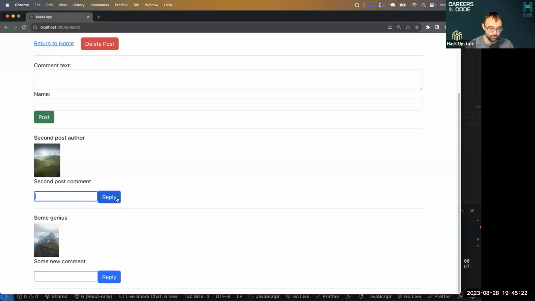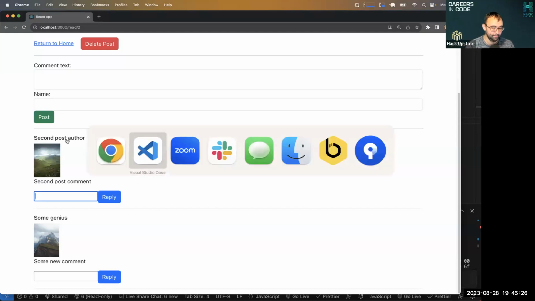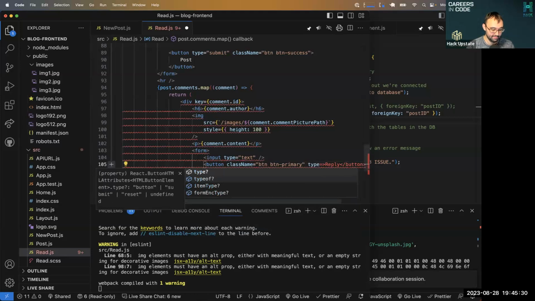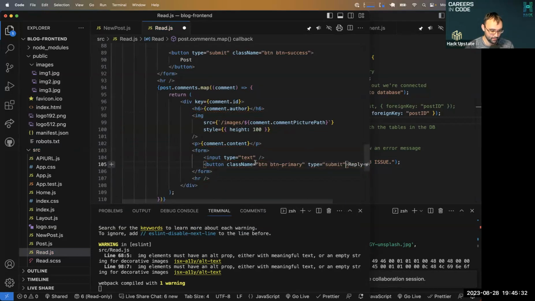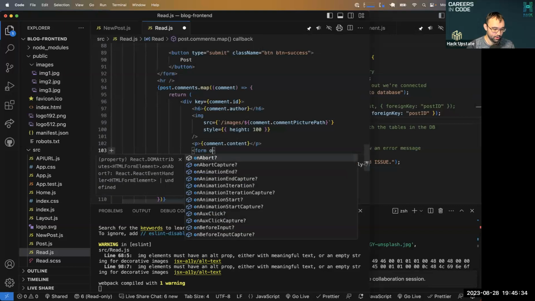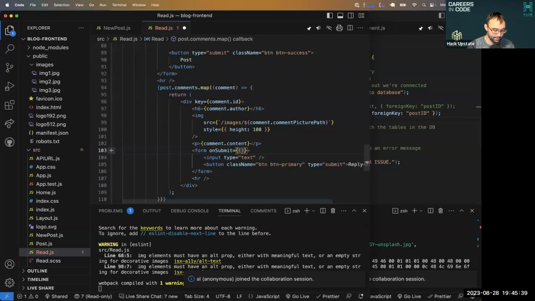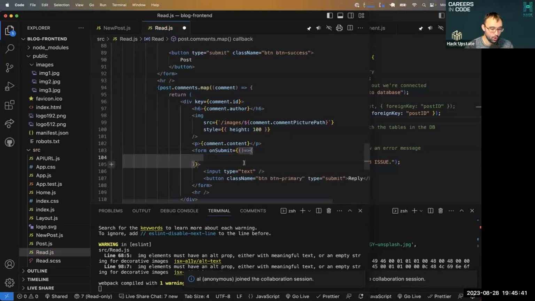If I type in here and hit the reply button, it's going to reply to the post up here, which is what we want. So now I'm going to throw a type of submit on my reply. I'm going to put an onSubmit. And this is kind of interesting because we need to know what comment we are replying to. So what we're going to do is get the event and we are going to say, hey, we are going to